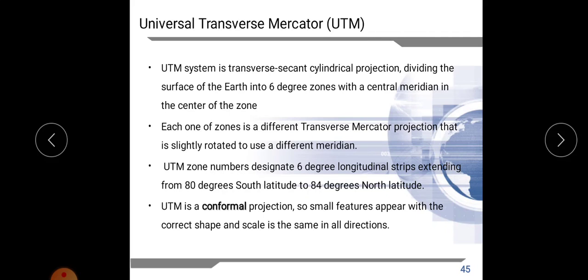So likewise it is divided into 6 degrees, and it is a type of conformal projection. So small features appear with the correct shape and scale, which is the same in all directions. That is, since it is conformal, it preserves the shape. Okay,